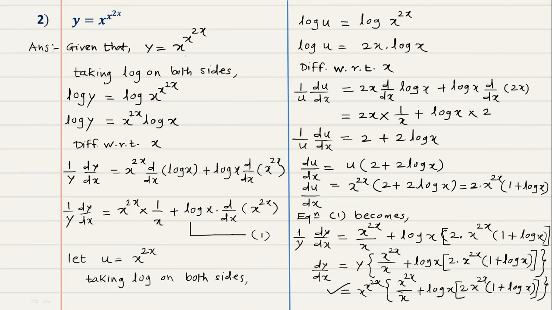So while taking log on both sides, first of all we have to simplify the function and then differentiate both sides with respect to x. If we need to find the derivative of some function with respect to x, then the logarithmic differentiation method is useful for simplifying this type of function. As homework, try this type of function again.